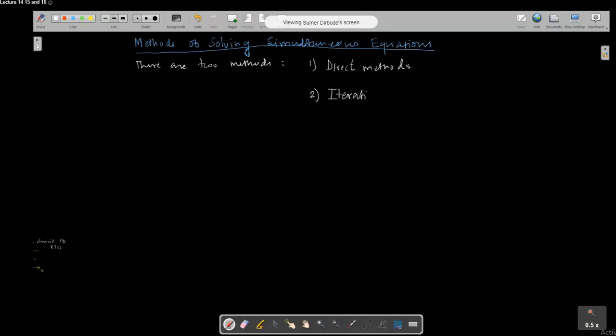So in the direct case, we directly solve the matrix to get solutions, and here we perform iterations